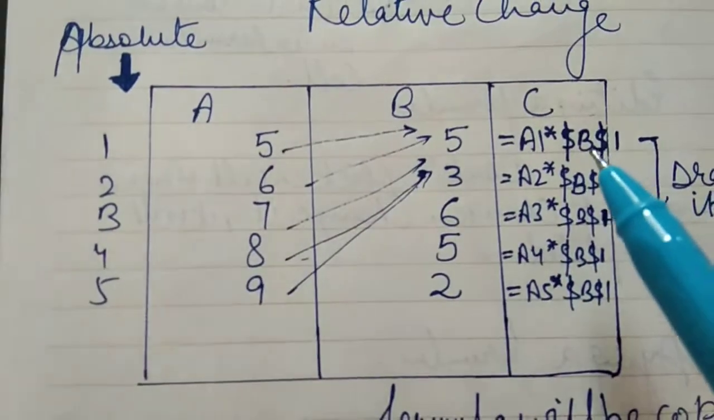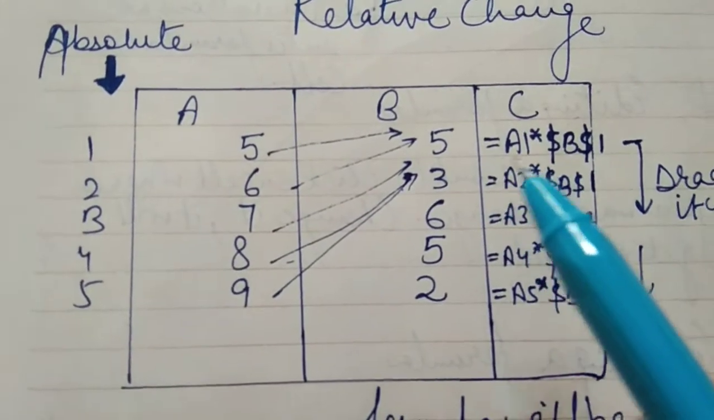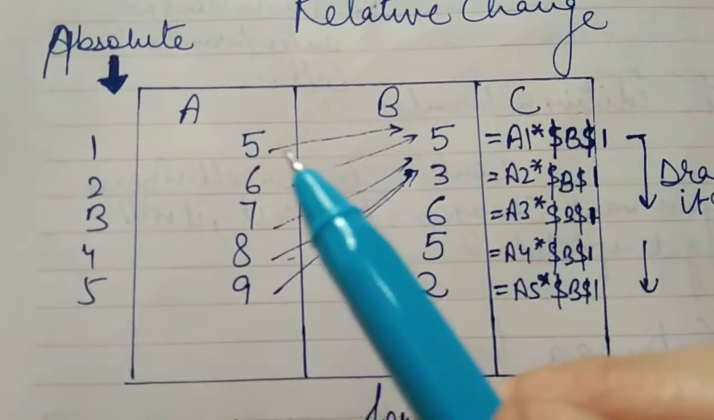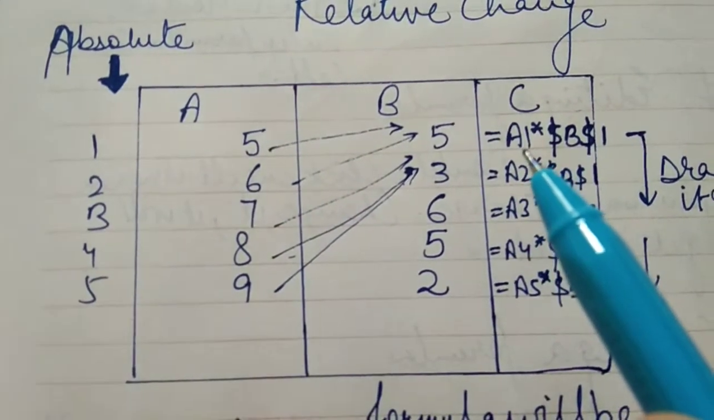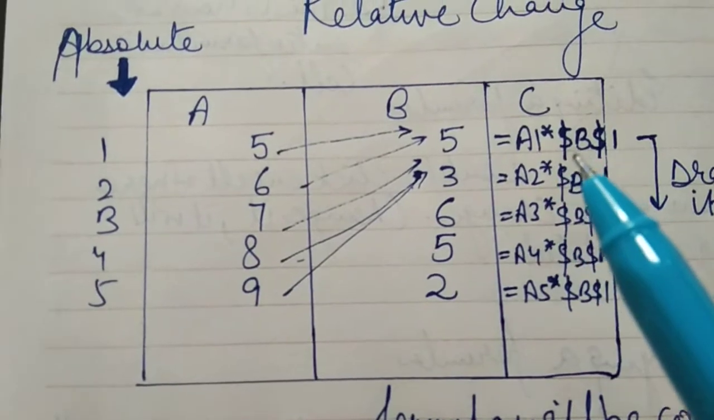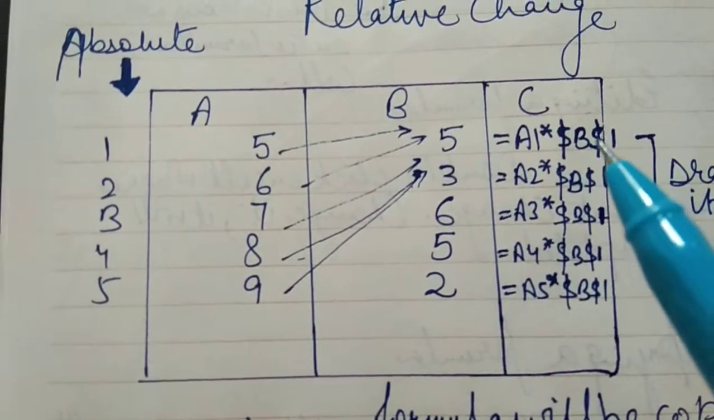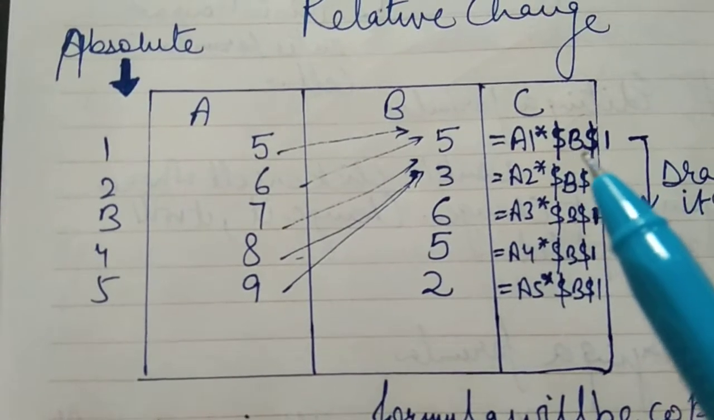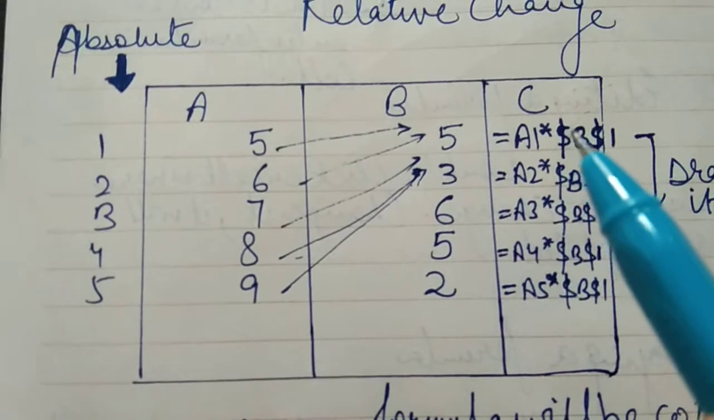So B1 is fixed in every formula. How we will write is A1. A1 is that cell. If you want to change the value, we will not put the dollar sign here. But if any value is to be fixed, then the dollar sign is to be put in place of the value of the cell. A1 into